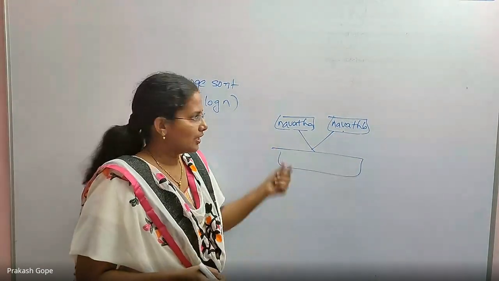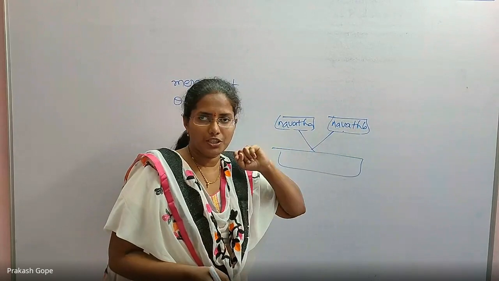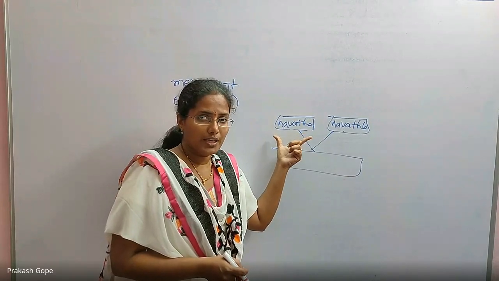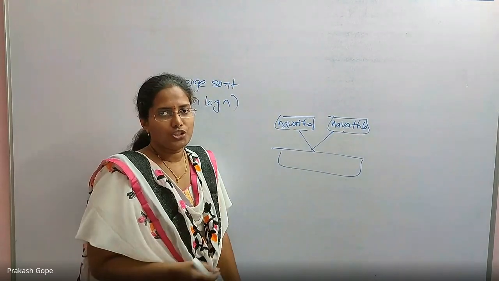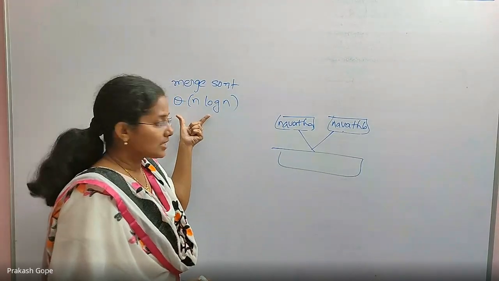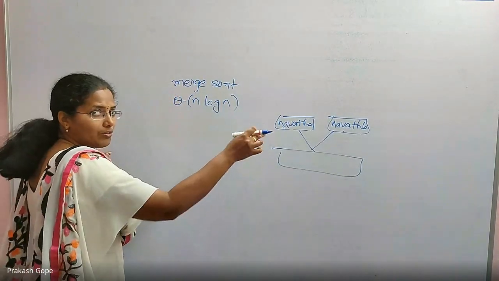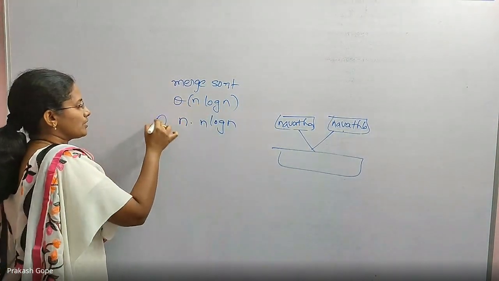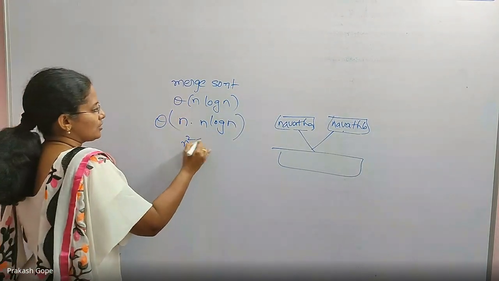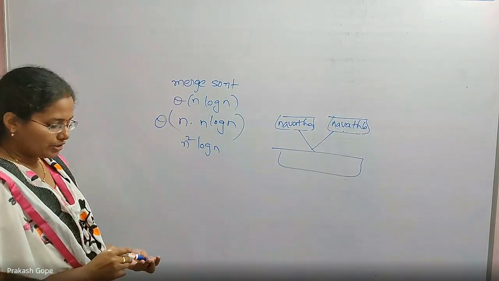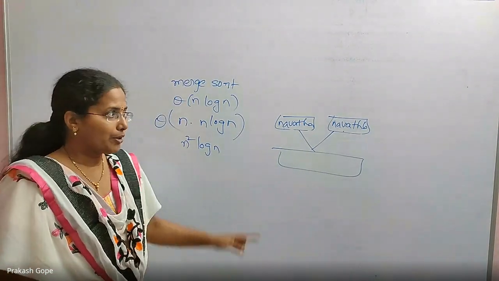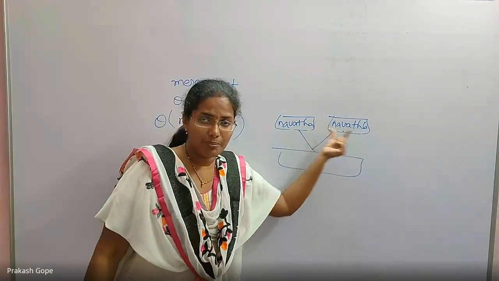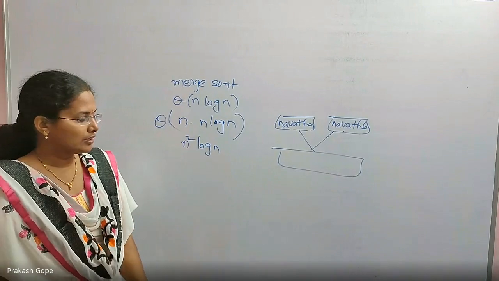Then just to find which is the smaller string, you are doing n comparisons. It is not like an integer, where one comparison is enough to know which is small. Because it's a string of length n, n comparisons are needed. So it is not just n log n. Now that 1 has become n, that's why it is n into n log n. This is the time complexity for strings, so it is n square log n. If it was integers, merge sort needs only n log n, but because they are strings of length n, it's n comparisons, not one. That's why n into n log n, so it is n square log n.